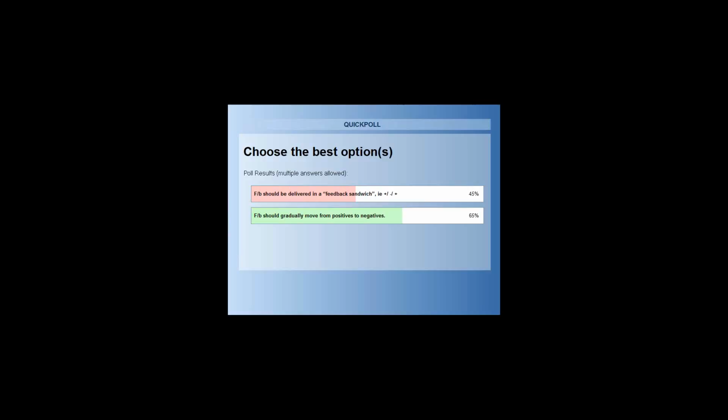Someone just commented that some teachers know this feedback sandwich model, and could it be condescending? I think reinforcing the positive, and this is one of the questions we'll be doing now, is as important as bringing up areas to work on, because often teachers are not really aware of what they're doing, and if you notice that they're doing something well, it should be reinforced and mentioned, and this is why bringing up the positives at the beginning need not sound condescending. It just needs to be highlighted just as importantly as the negatives.